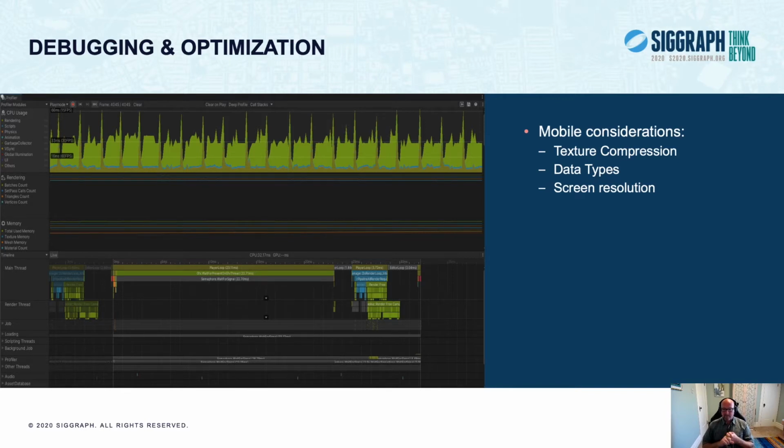So for example, 16-bit floating point rather than 32-bit, or even smaller integer formats wherever possible. So you can save both memory footprint and bandwidth by providing buffer data or even outputting buffer data in those formats. The savings is direct in terms of memory footprint and bandwidth. And also, though, within your shaders, declaring your operands in lower precision, if the math will stand up to it, you can often get significant ALU gains by operating on the lower precision data on a mobile GPU.